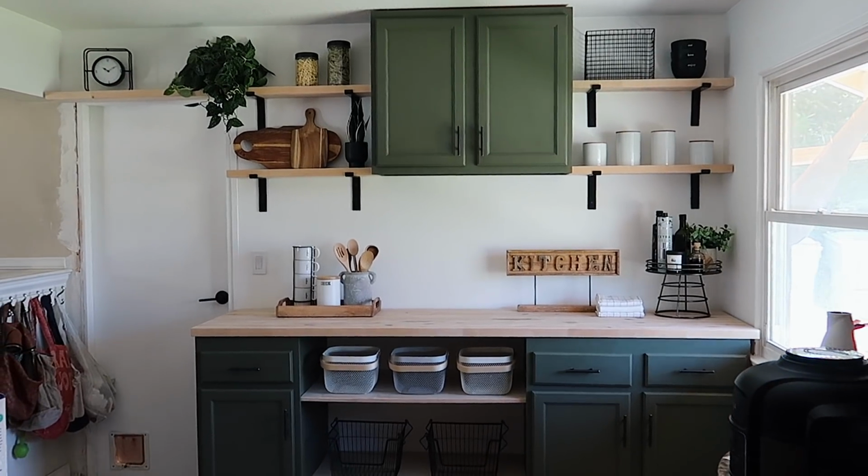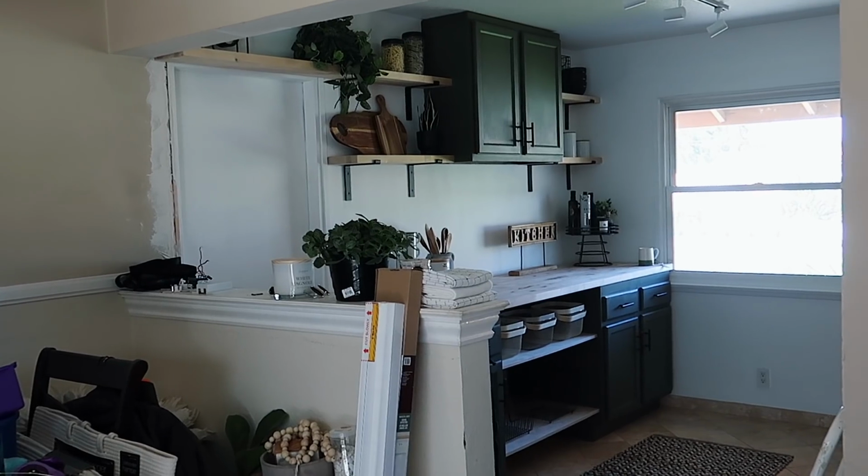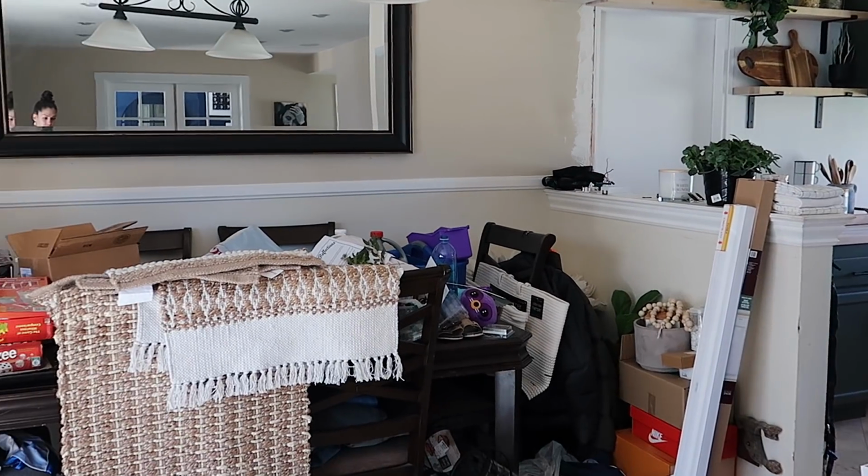Today we are revisiting that breakfast nook, if you will, that was to the left of the kitchen makeover part